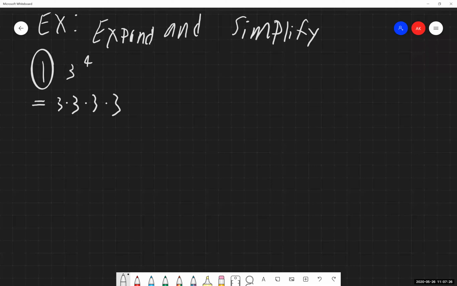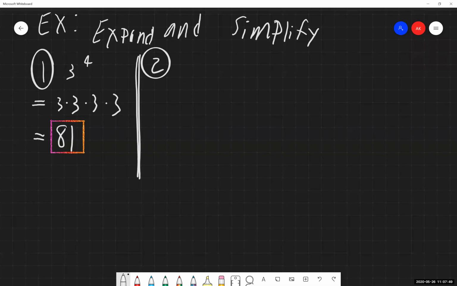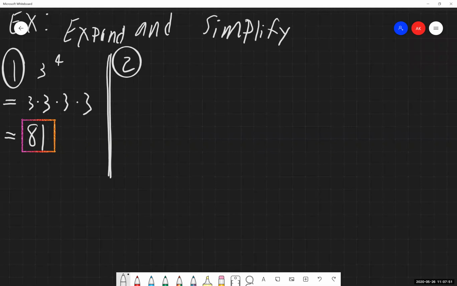And then we can go through and actually multiply each of these things together and simplify it down. The first 2 3s, 3 times 3 is 9. 9 times 3 is 27. And then 27 times 3 is 81. So we get 81 for our final answer. And again, this is just for seeing if we are told expand and simplify. So we expand things out in our second line of work, and then we bring it all together for our last one.